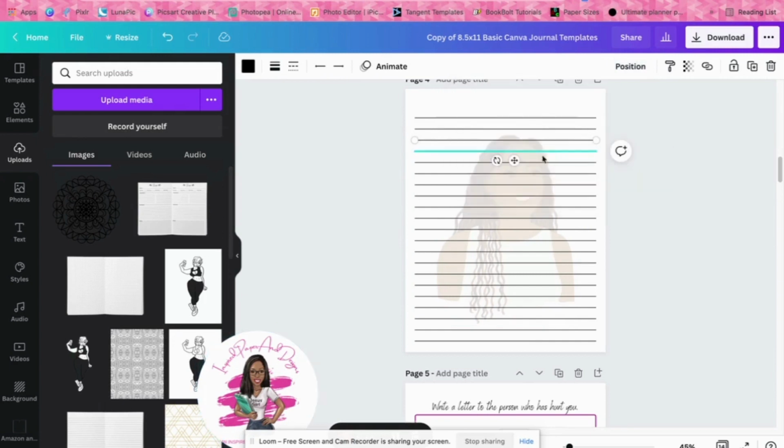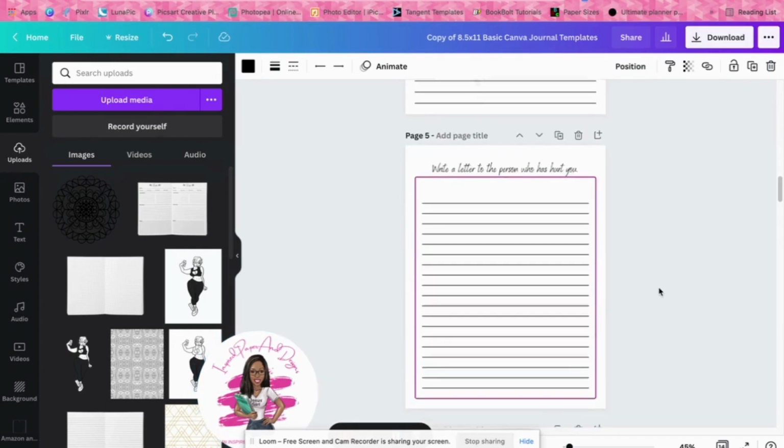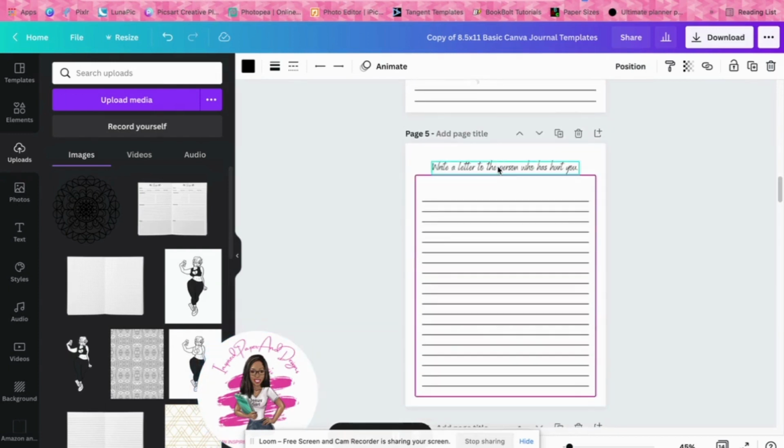There we go. Again, any image, as long as you have read the terms of use. This one I got from Canva as well. Right here, I made this, I treated it kind of like an affirmations or what do you call it? Now it escapes me. You can use this to create affirmations, like say, I am beautiful, I am amazing, I am brilliant, or you can also use it as journal prompts. There you go. So this one I used as a journal prompt: write a letter to the person who has